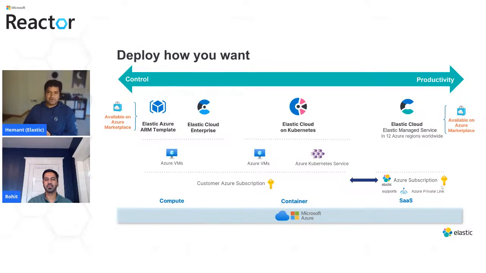But today we are going to focus more on the option that provides the most productivity and makes it easiest to get started with Elastic on Azure. So on the right-hand side that you see here, this is our managed service available in 12 Azure regions. It goes by Elastic Cloud. That's the service that we manage on Azure in partnership with Azure. The native integration that we are going to spend more time on focuses on this aspect. So it sort of takes this highly productive offering for the users to deploy Elastic and realize value from it and makes it even better.